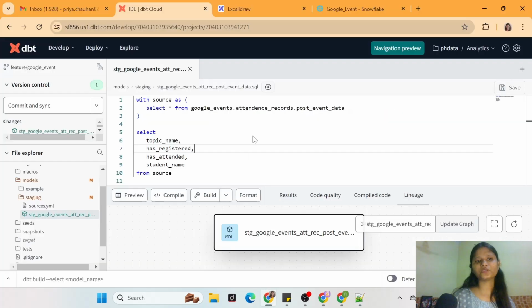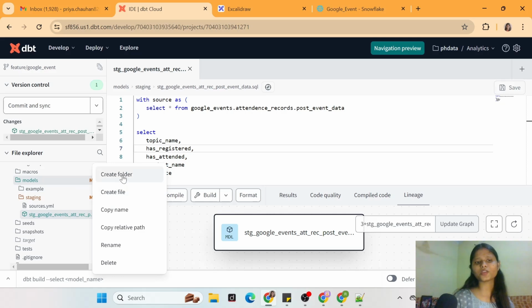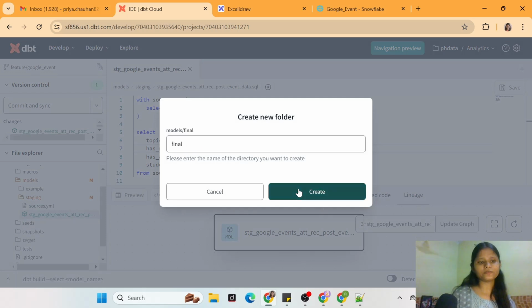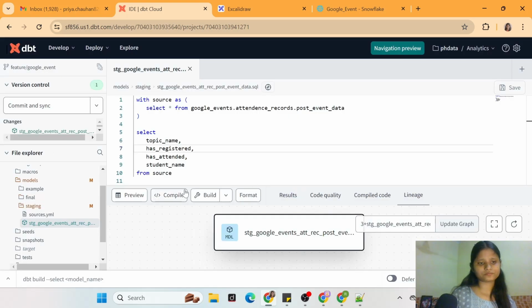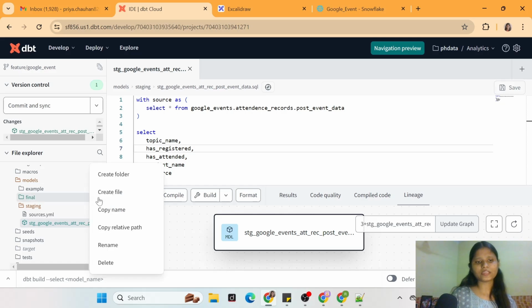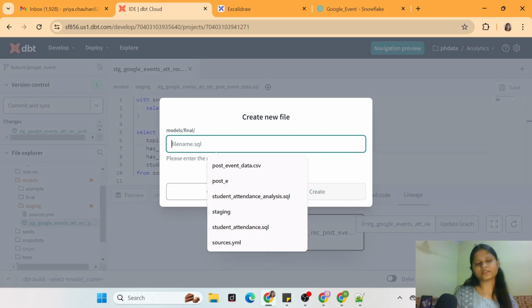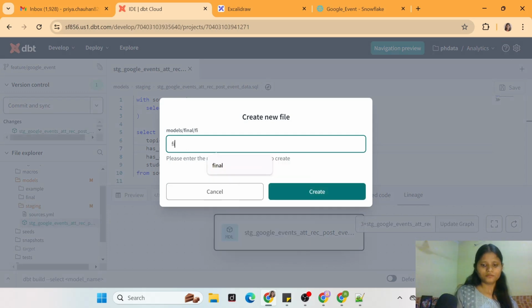Let us jump back into the DBT screen, and now let me create a final model inside the models directory. Or we can also create a folder, let's say final layer, okay, create. Once we have created our final layer, we can create a file by clicking on the three dots, and now let's give it a name. We can call it final underscore,